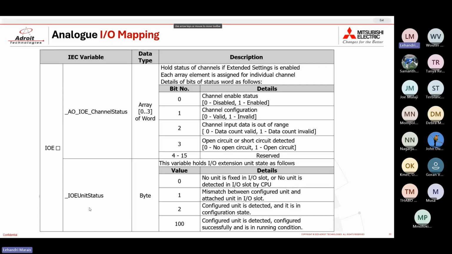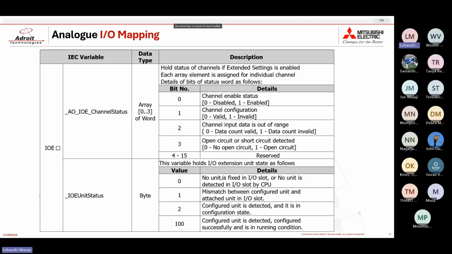You have a second status variable. This generally relates more to the module itself as opposed to the channels. As you can see, this is channel status and this is unit status,